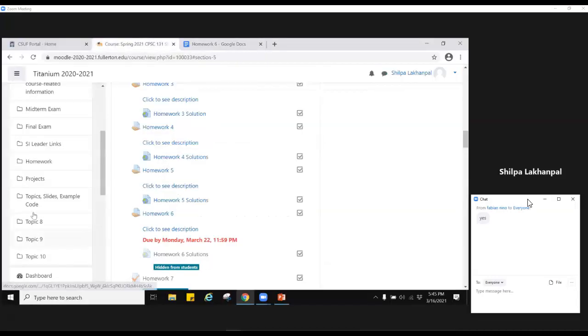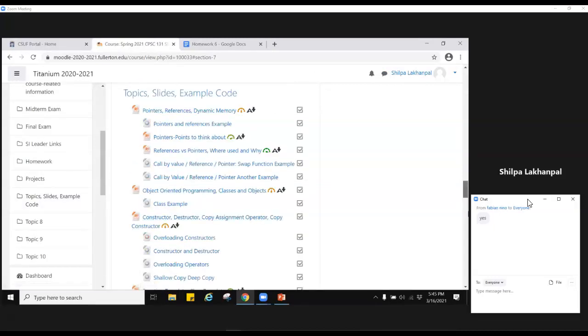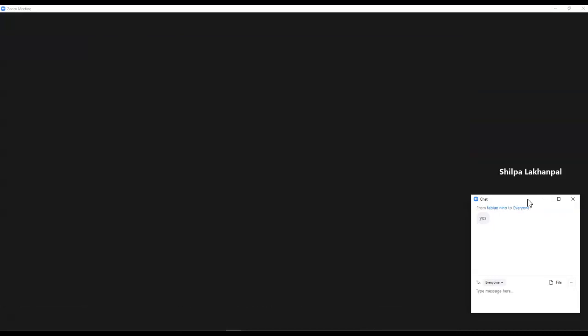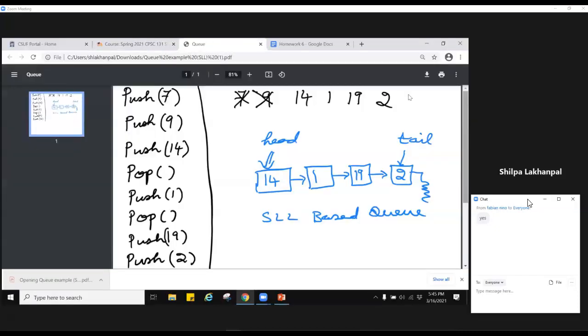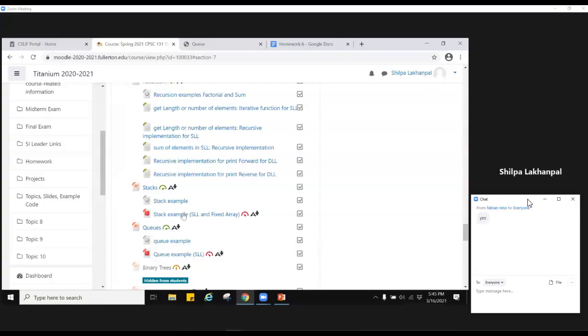That is why I tell you to refer to this, which is a different sequence, but following any sequence, you should be able to get the relevant stack.